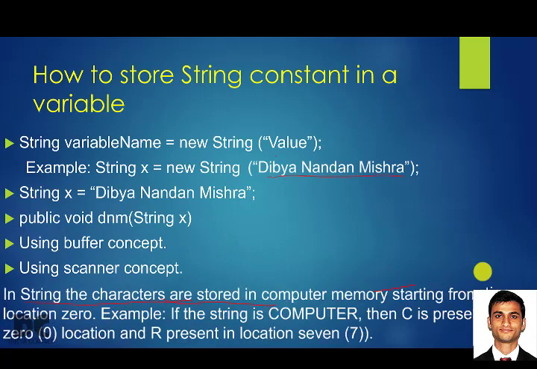String is nothing but a constant. You studied in class 9 that the string is a constant and it is not a primitive constant. It is something different. It is a class type constant. The String S is capital, and string constants are to be stored in double quotes. This is what you studied in class 9.